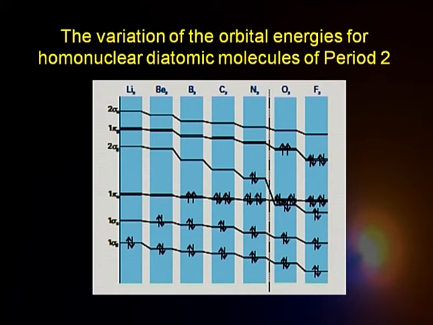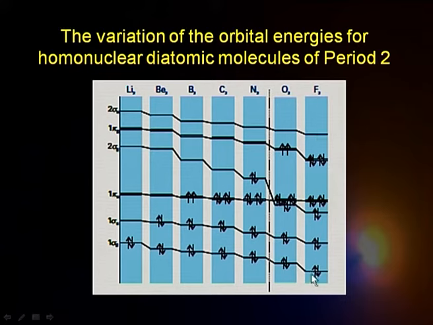This picture gives a representative account of the energies of different molecular orbitals for different diatomic molecules of period 2. Let us see, this is the case of fluorine, and the molecular orbital energy level diagram is parallel to what we just learned. These are the two molecular orbitals obtained by combination of 2s orbitals of the two atoms. This is the sigma orbital from the combination of 2pz. Then these are the two pi orbitals, this is a pi star, and this is my sigma star 2p, which I get from 2pz.